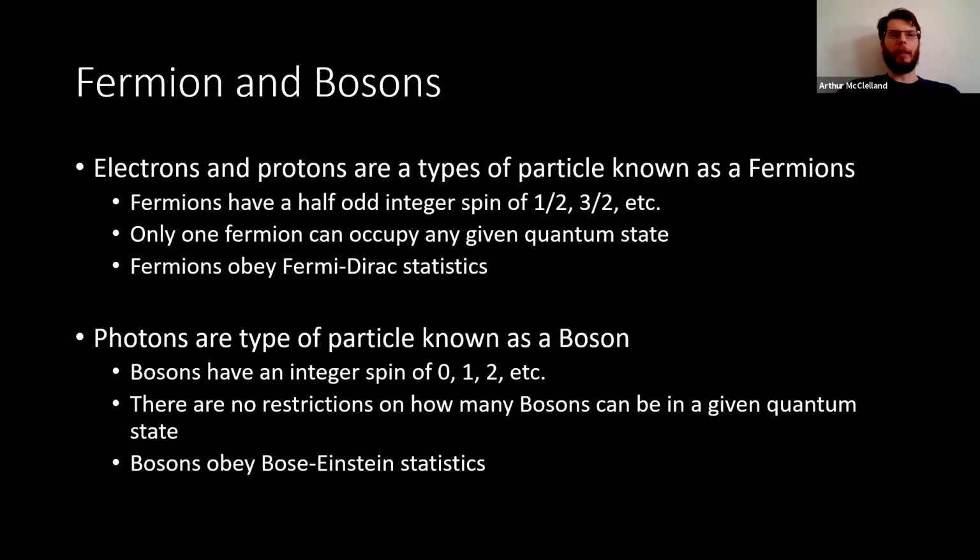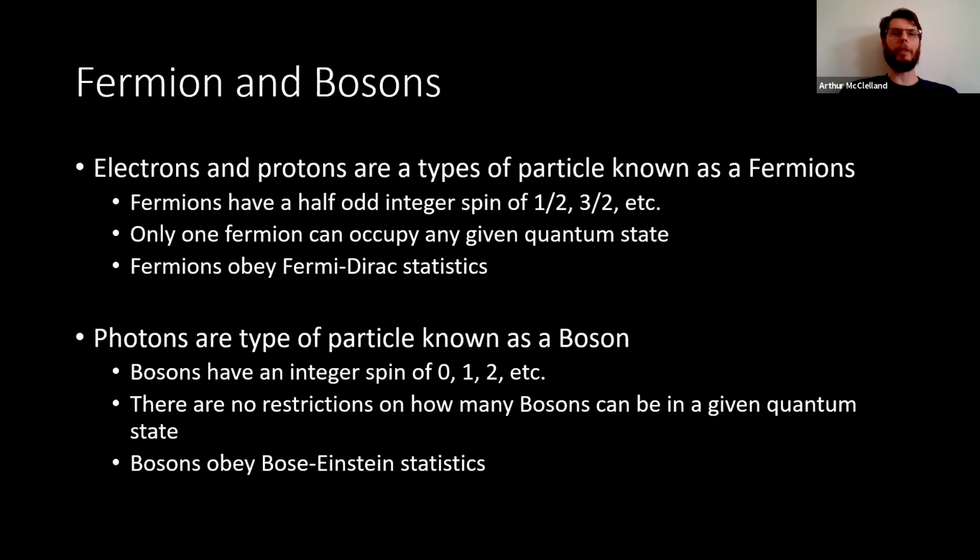The problem with this, and now we need to veer just a little bit into particle physics. I'm not going to start to explain the standard model or anything, that's beyond the scope of this, but we need to know what fermions and bosons are. So electrons and protons are a type of particle that are known as fermions. Fermions have half odd integer spin, so they have spin 1/2, 3/2, etc. Electrons are usually thought to have spin 1/2 and minus 1/2. We'll go into what spin is, how we know it exists next week when we talk about the experiments that led to the formulation of quantum mechanics.